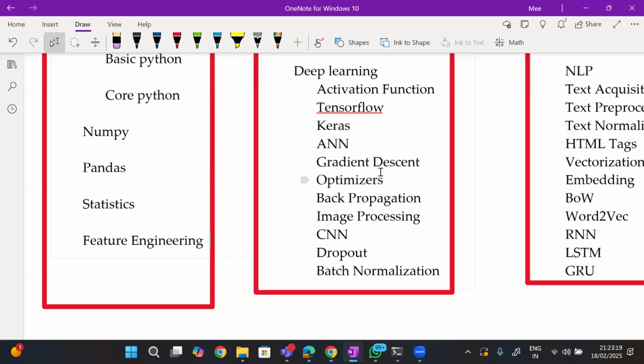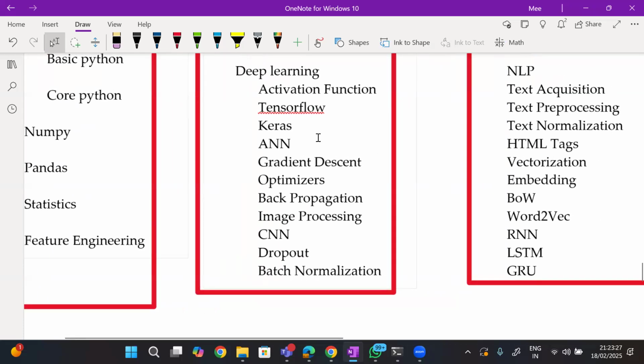How many projects will be provided by the end of the course? For each and every concept, such as CNN or ANN, we will do a minimum of 2 to 3 projects, end-to-end coding.